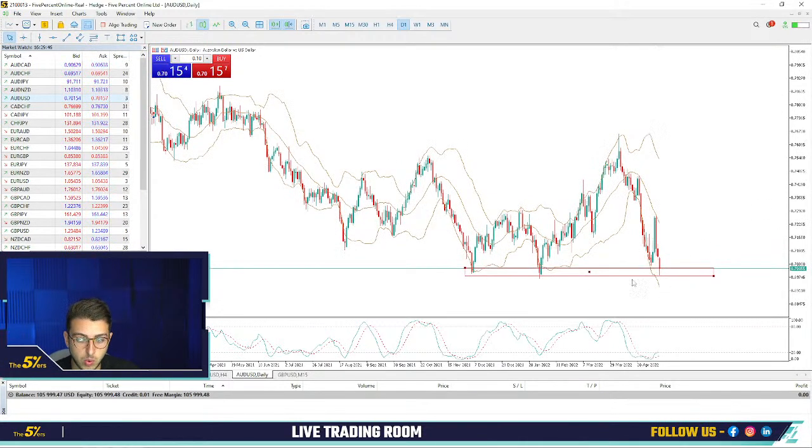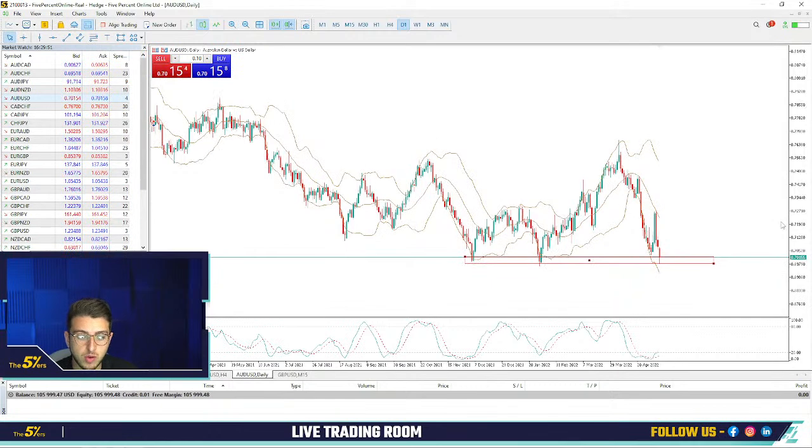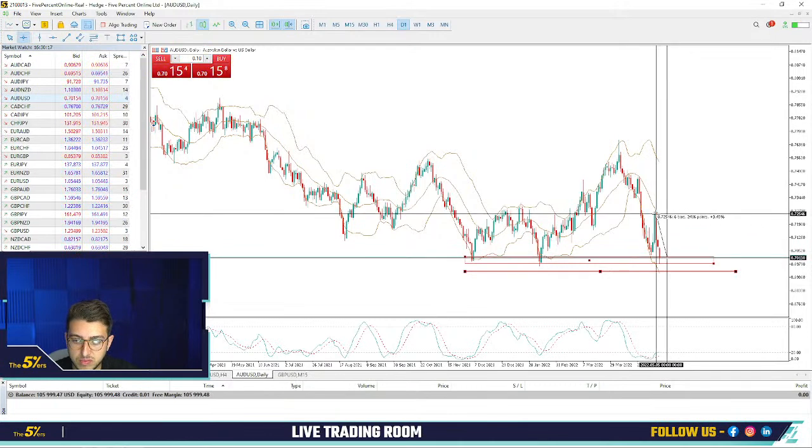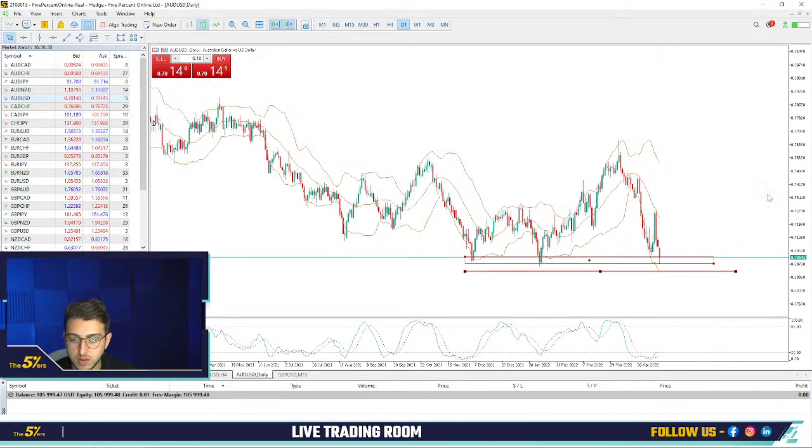And actually we didn't break anything here, so the support is still holding. As a trader, it will be easier for me to buy here, because the stop loss will be a psychological level below the zone that we support, and I can find the target around here, that would be the supply, for example. So the risk reward for this type of trade, if I want to go long even here, it will be a 70 pip stop loss for a 240 pip target. So you see it's at least 1 to 3 risk reward.